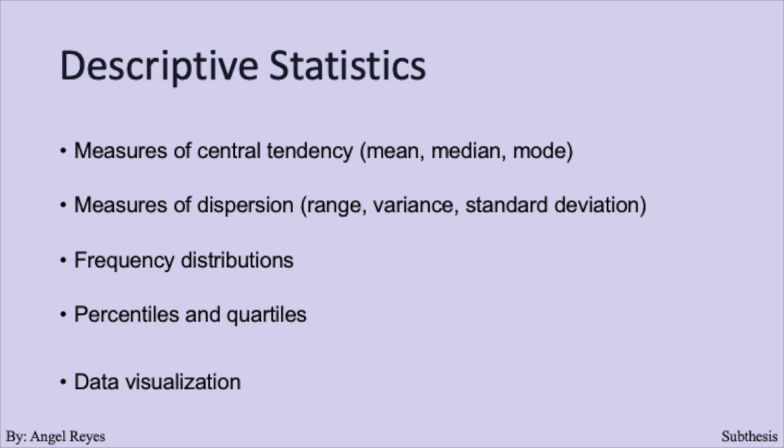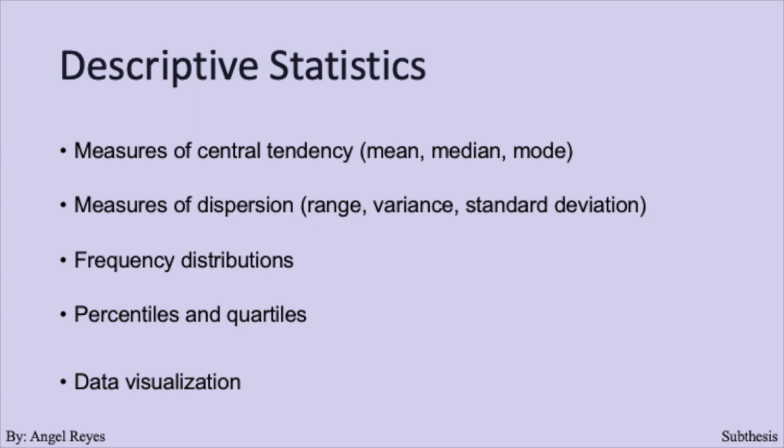Range shows the spread. Variance quantifies deviation from the mean, and standard deviation expresses this deviation in the original units of measurement. Frequency distributions display how often values occur, while percentiles and quartiles divide data into meaningful segments. Data visualization through histograms, box plots, and scatter plots transforms numbers into comprehensible patterns. Together, these techniques convert raw data into meaningful information, revealing patterns, outliers, and distributions essential for understanding healthcare phenomena before